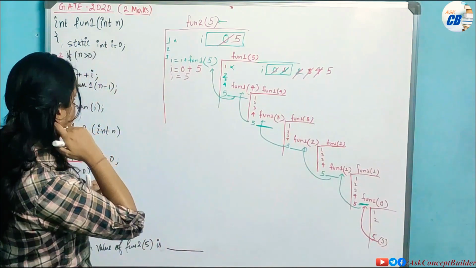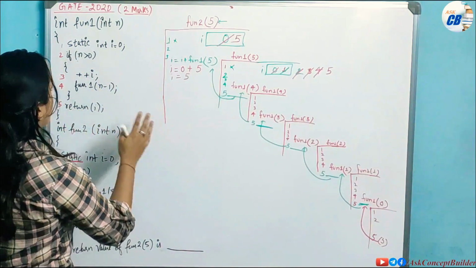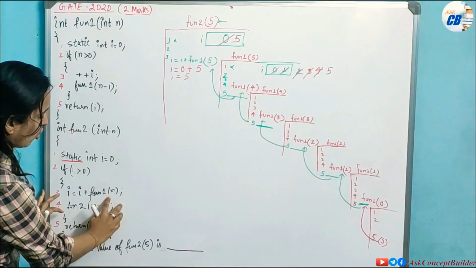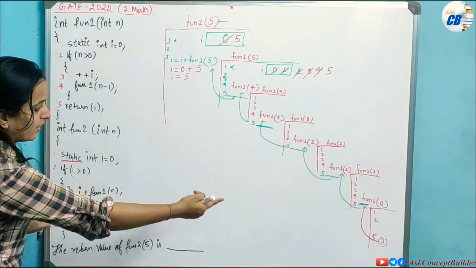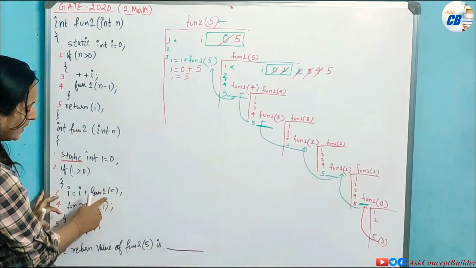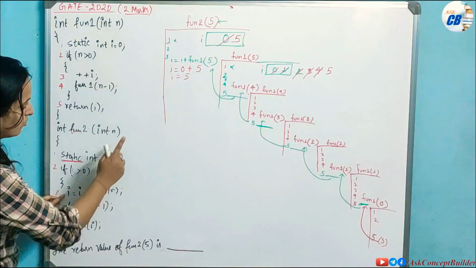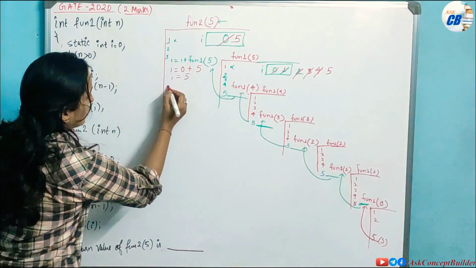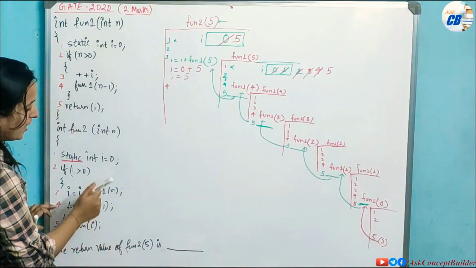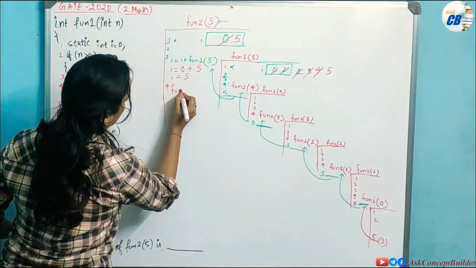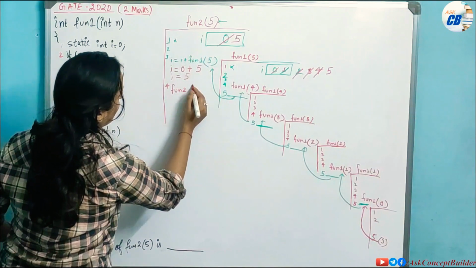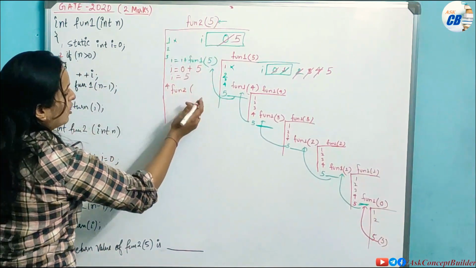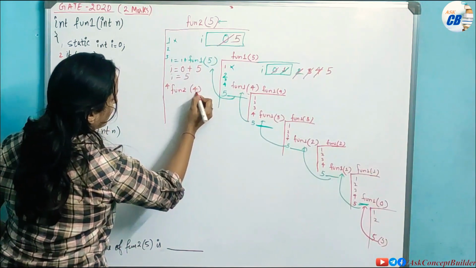Okay. Now see, we are in the fun2 function because we were here and we called fun1 5. So we have gone to fun1 5, executed all the statements and again returned back here. Now I value is changed to 5. Now we will execute the fourth statement of this. So the fourth statement is fun2 of n minus 1. What is n minus 1? N was 5 here, for this function, because this is fun2 5 only. So for this n was 5, so n minus 1 will be 4.